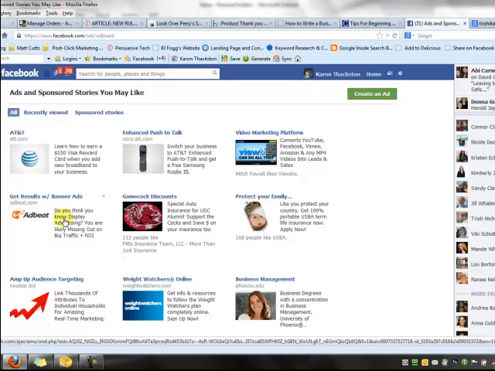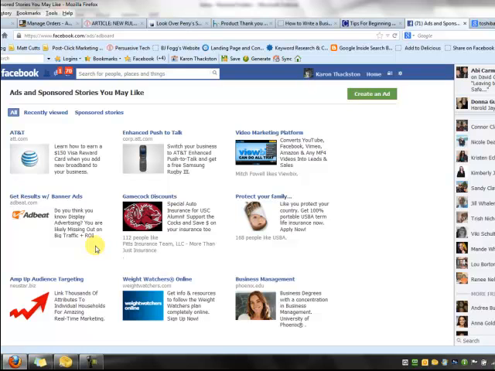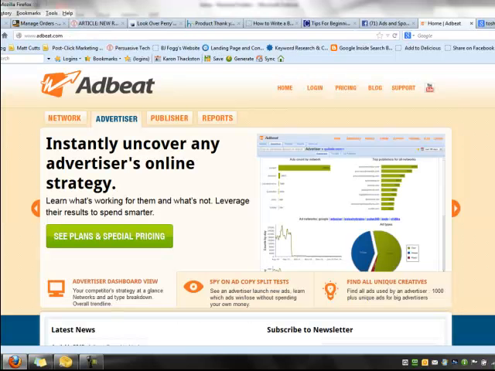Get results with banner ads. Do you think you know display advertising? You are likely missing out on big traffic and ROI. When we click this, instantly uncover any advertiser's online strategy. Learn what's working for them and what's not. Leverage their results to spend smarter. For me, that's sort of a so-so,